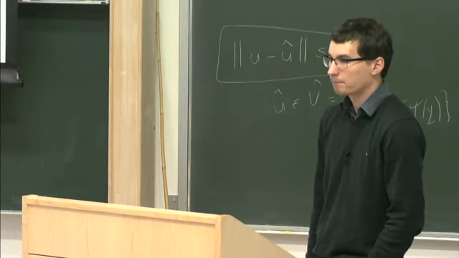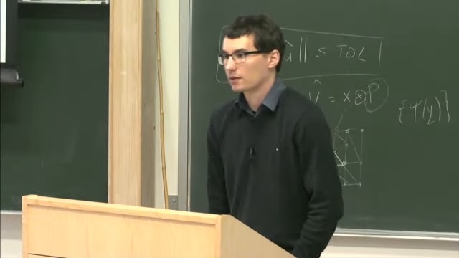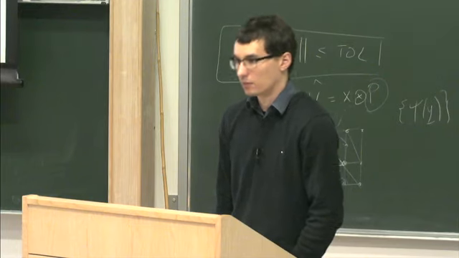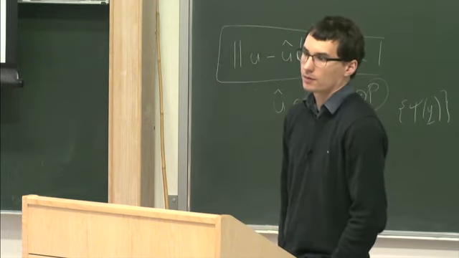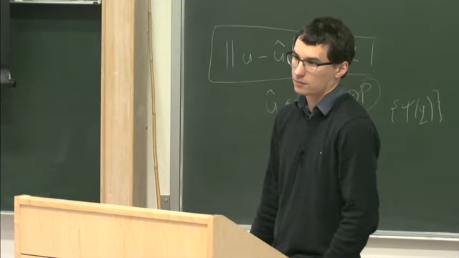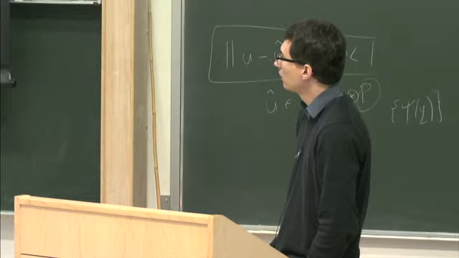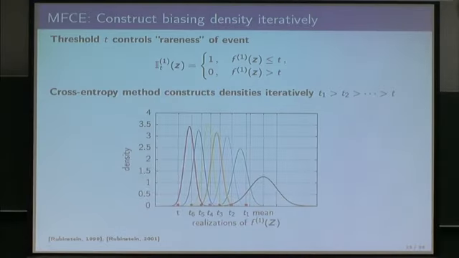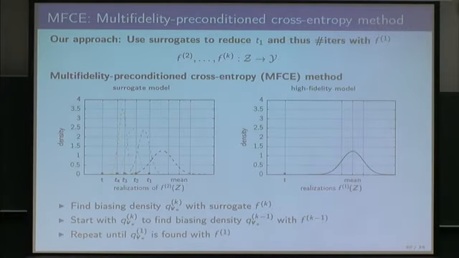Any other questions? Yeah, Alex. In the method that you showed where you first use the surrogate model and then go back to the high fidelity model and start from there, when you're trying to sample from the rare event, when do you decide that you go back? Because the error might have grown quite a lot, and maybe you need to go back to your high fidelity model several times. You mean here? Yes, exactly. Because then you start there, but you need to control the error somehow, because it might be massive.